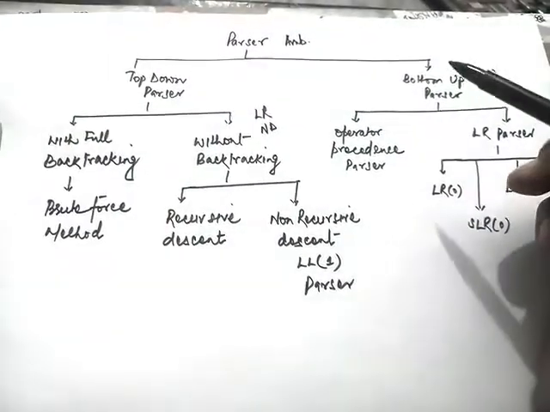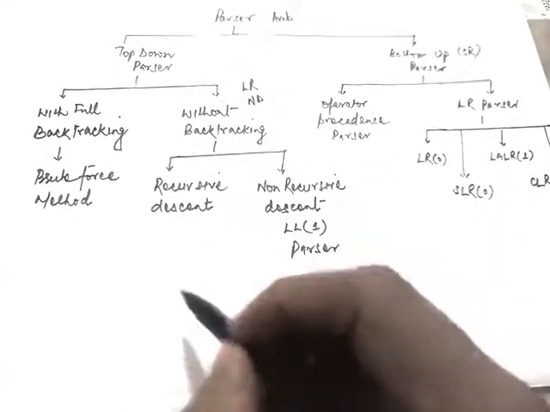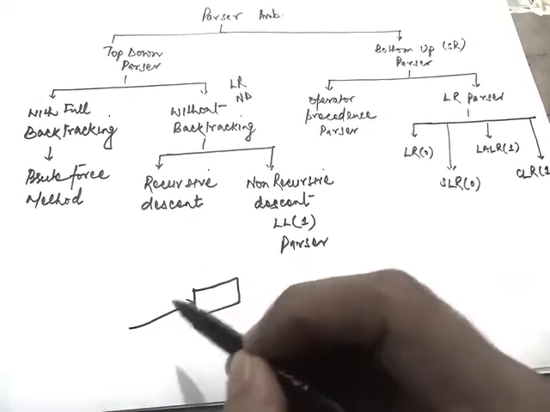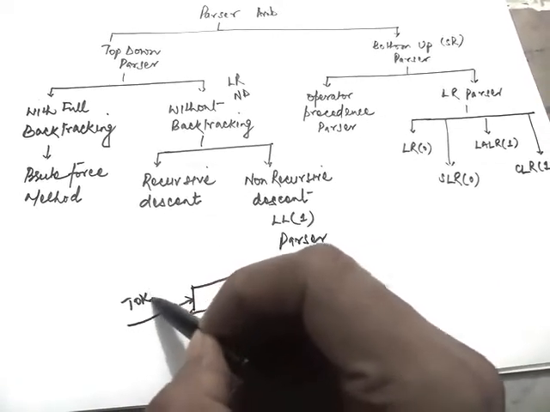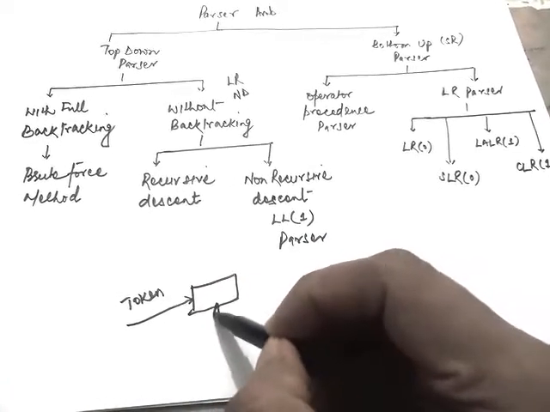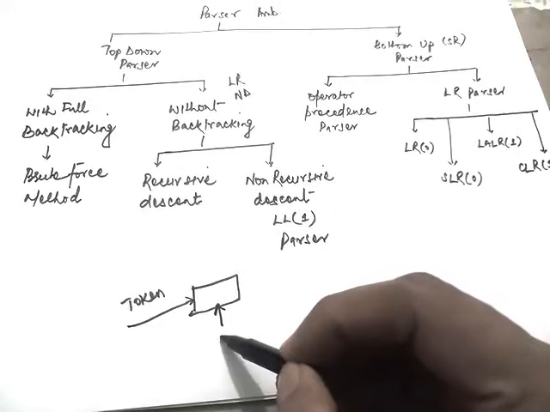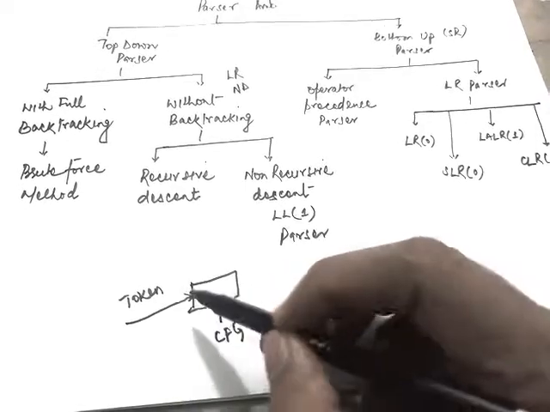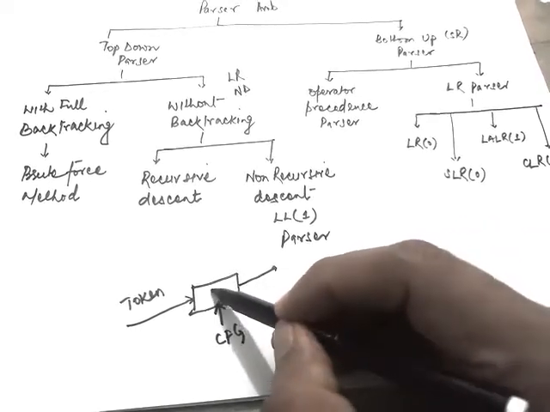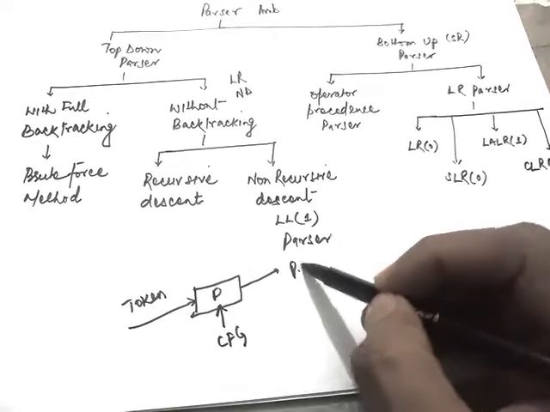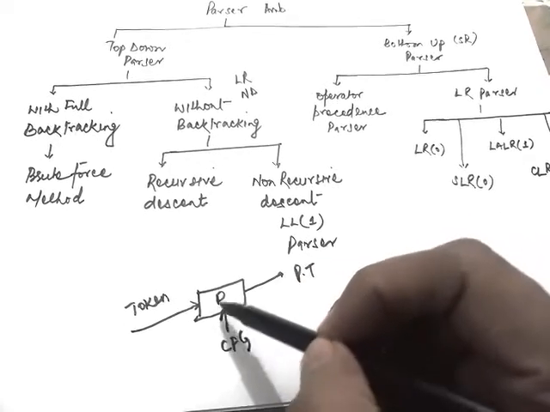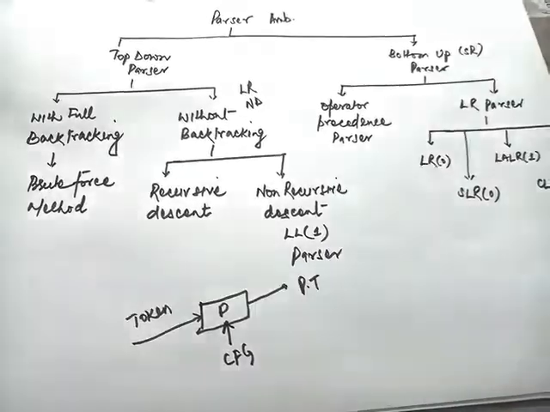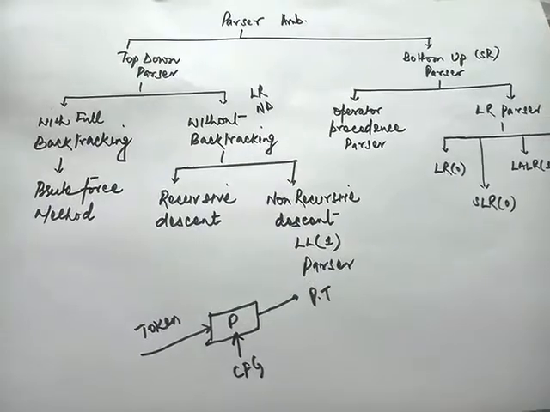So, as you know, a parser is nothing but a syntax analyzer. It accepts a stream of tokens and, based on some grammar, that is a context free grammar, using these tokens the parser generates a parse tree. So a parser is also called a syntax analyzer. In this session we will discuss the different types of parser and how they are different